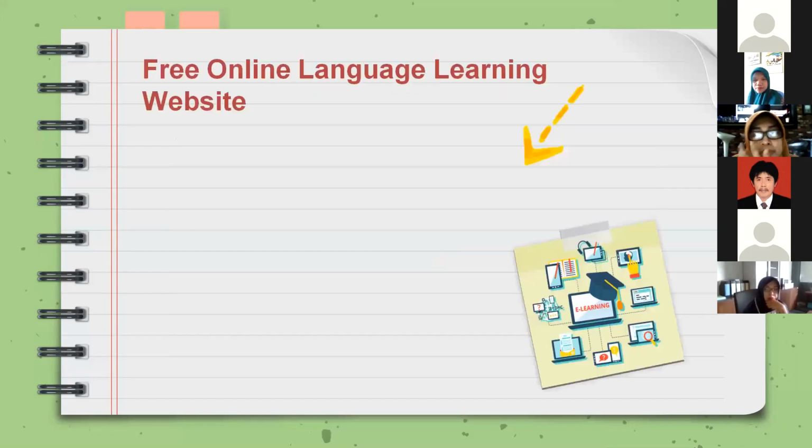Apart from storytelling, here I can also share some free online language learning websites. Maybe some of you are already familiar with these, but I think it is important that we teachers let our students explore these sites, because by exploring them, they are able to choose learning materials that suit their needs and their learning preferences. These are some free online learning websites.